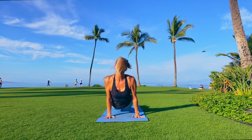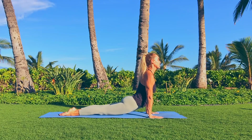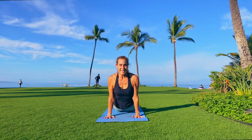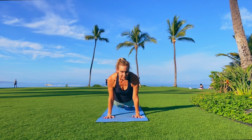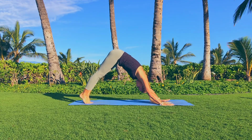Untuck the toes, lift the heart, melt the shoulder blades. Press down through the hands, feel the pads of the fingers, feel the pads of the toes stretching way back. And then from the navel, lift up and back, rolling over your toes. Downward facing dog, let it